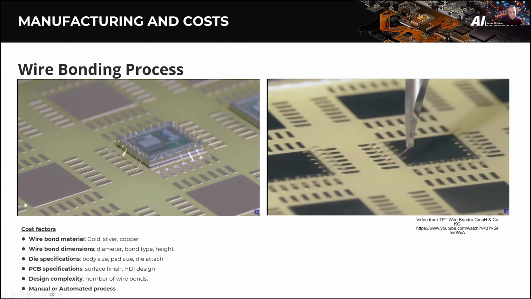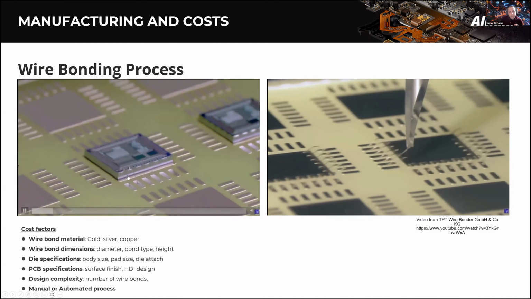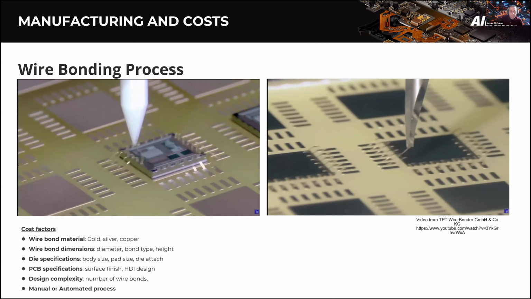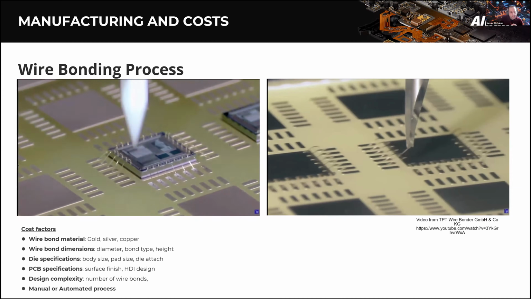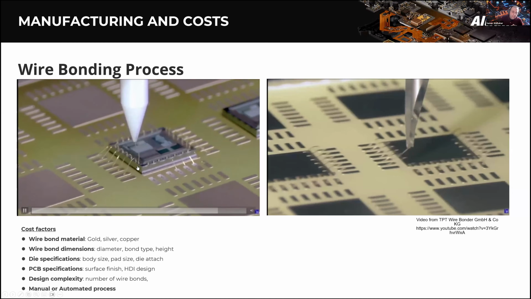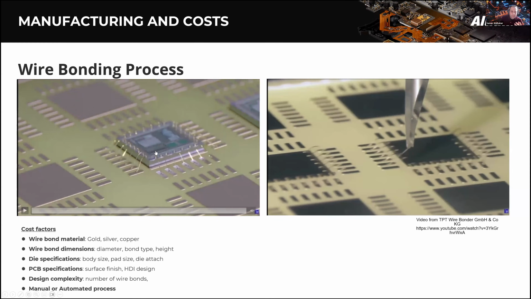The dimensions of the wire bond itself, very thin wire, could be harder to accomplish. If you have a lot of them with fine pitches, that can also affect the cost as well. Also, the semiconductor die itself, the thickness and the materials that go into it, would also impact the cost. Wire bonding also depends on the PCB specifications, such as the surface finish of the copper, as you can see here. Probably you want to use gold